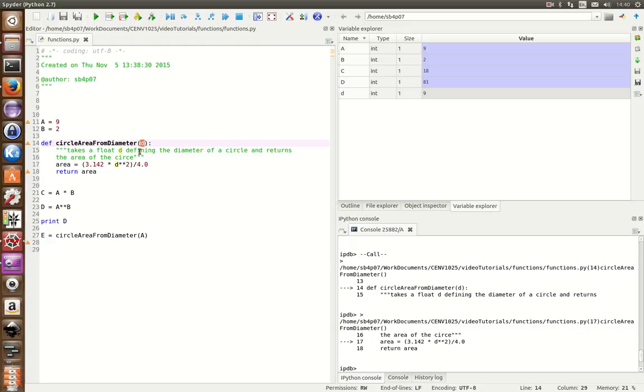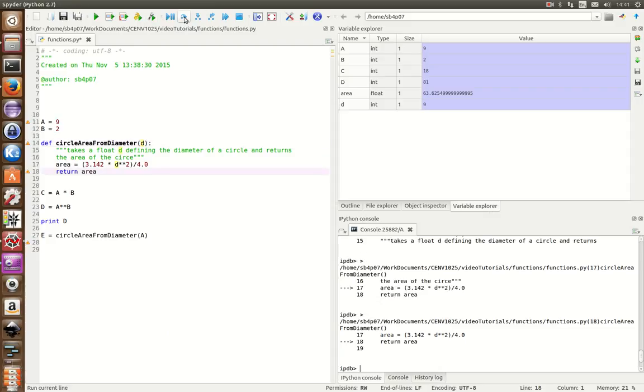But what we don't want to do is, whenever we call this function circle area from diameter, we don't want to always have to remember what we defined the input variable to the function was going to be. So Python's very flexible and we can pass any variable with any name to the function. And so what it does here is we pass the variable a, which is a variable pointing to the object integer with value 9 in memory, and that object in memory now gets, within the function, referred to by this other variable called d inside the function, inside the scope of the function. Okay,